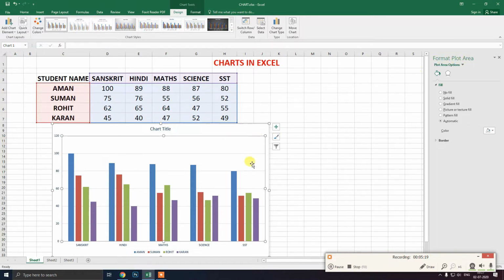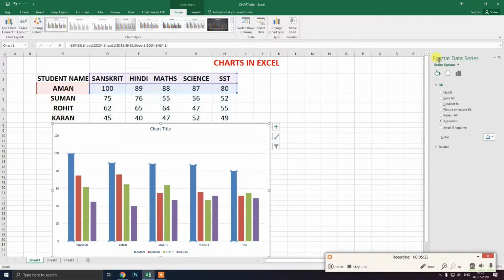Similarly, if I want to format the data series, here you can see format data series. Now it has changed to format data series. So no need to double click all the time. Once you have double clicked on any element, then to format other elements you just have to single click on it, so that a format dialog box will appear.